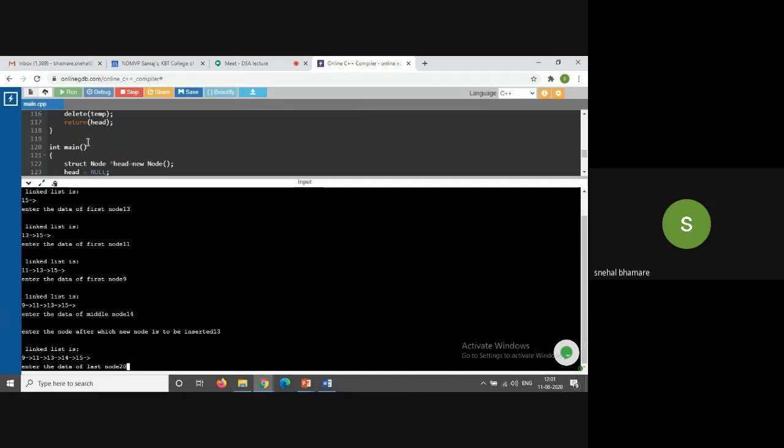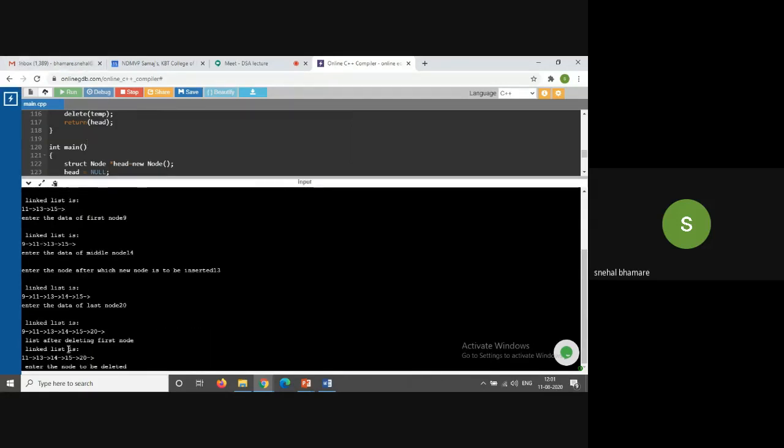After pressing enter, it will add 20 to this and again it will delete the first node, right? So after inserting the 20, the linked list has changed to 9, 11, 13, 14, 15, 20. And after deleting the first node, 9 will be deleted and your linked list will be 11, 13, 14, 15, 20.